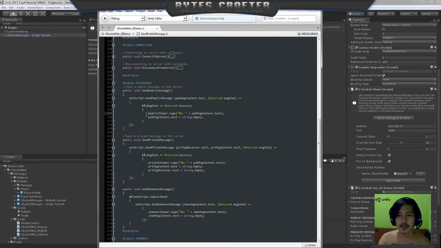So the next thing is, this is what I mean. Because USACnet handles the player state, for example, the position, the rotation, the scale, I also separated the human message, because it's so hard to combine the human message and the user data such as position. So basically here, if you send a public message, you're sending a message on the lobby.